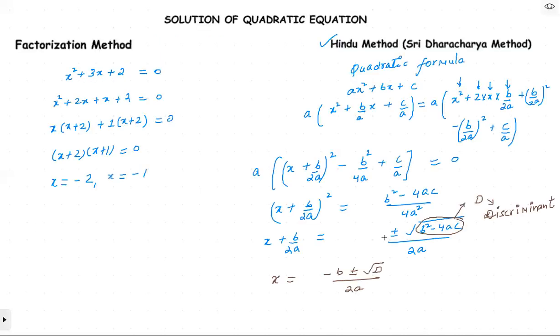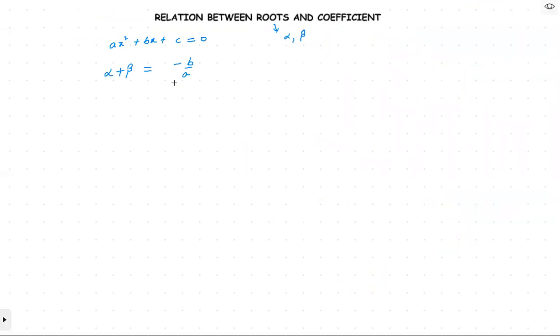आप यहाँ से इनको ऐड कर सकते हैं दोनों को. तो दो रूट्स आ गए ना, x1 क्या हो गया, एक बार प्लस ले लेंगे, एक बार माइनस ले लेंगे, वो x2 हो जाएगा. So if you add both the terms, so there will be alpha plus beta equals minus b by a. Alpha into beta equals c by a. So these things you should remember. And alpha minus beta. So यहाँ पे मॉडल ले लेते हैं, है ना? अभी हमको नहीं पता है कौन सा बड़ा है. So this will be equal to root d by a.